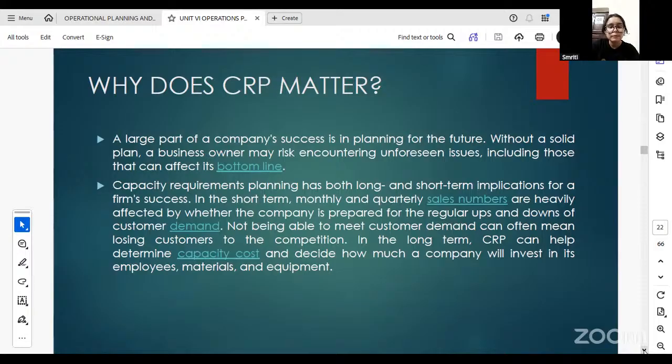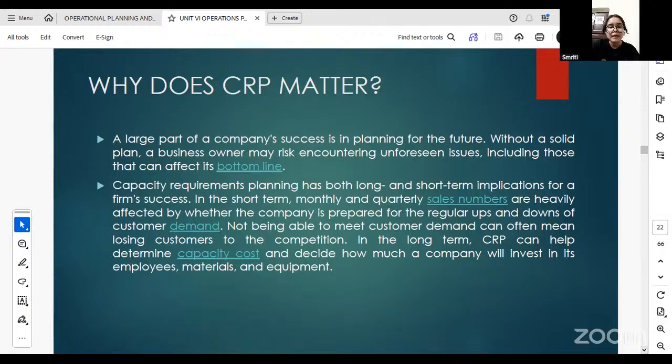In the short term, monthly and quarterly sales numbers are heavily affected by whether the company is prepared for the regular ups and downs of customer demand. Not being able to meet customer demand can often mean losing customers to the competition. In the long term, CRP can help determine capacity cost and decide how much a company will invest in its